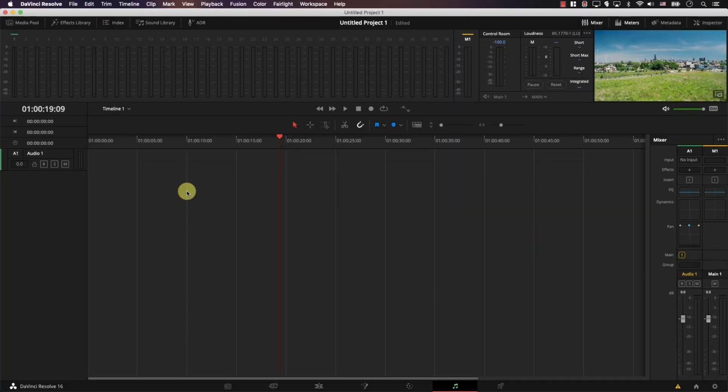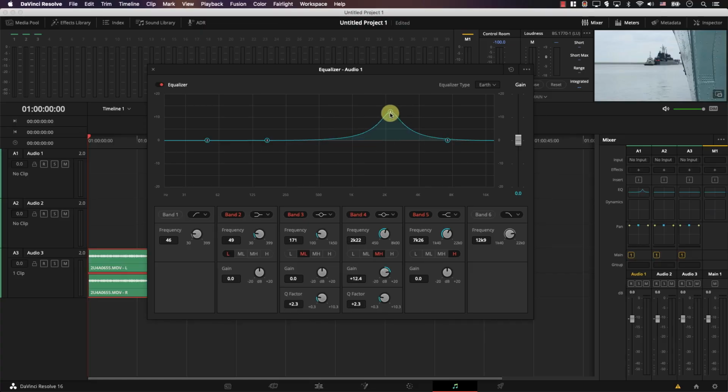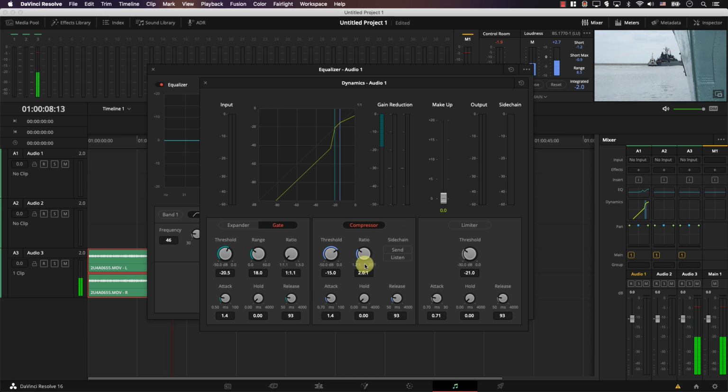If we click here, this is the Fairlight tab. This is a dedicated audio workstation. So this is where you add all your audio effects, you mix your audio. It's just very powerful. It's designed for video. So it's not like an audio suite that was designed for music and it was adapted to work with video. No, the Fairlight is designed from the ground up to work for video. So it has a lot of extra features that allows it to work perfectly with video production. And it includes all the powerful effects you come to expect from a real professional digital audio workstation.